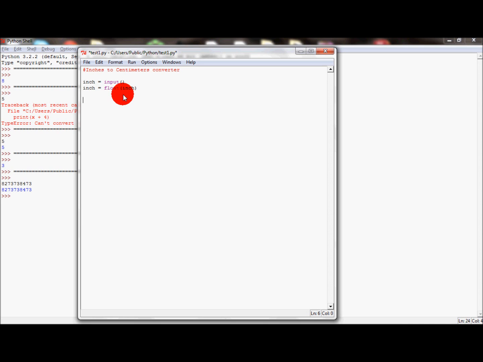So now we're going to head on to the centimeters part. I'm going to do cm equals 2.54, space, then the asterisk sign, space, inch. This is basically going to make centimeters equal 2.54 times the amount of inches that you input. We're going to make sure that cm equals float cm. And now we're going to do print cm comma